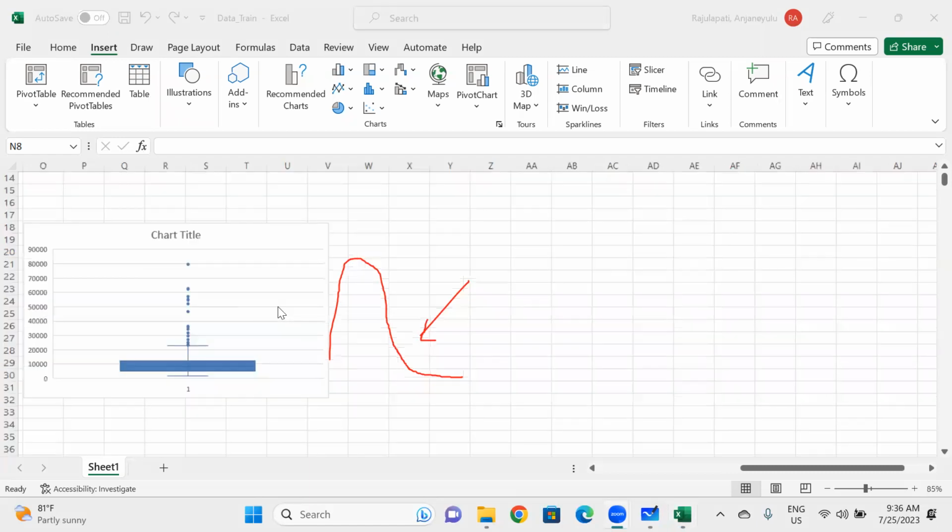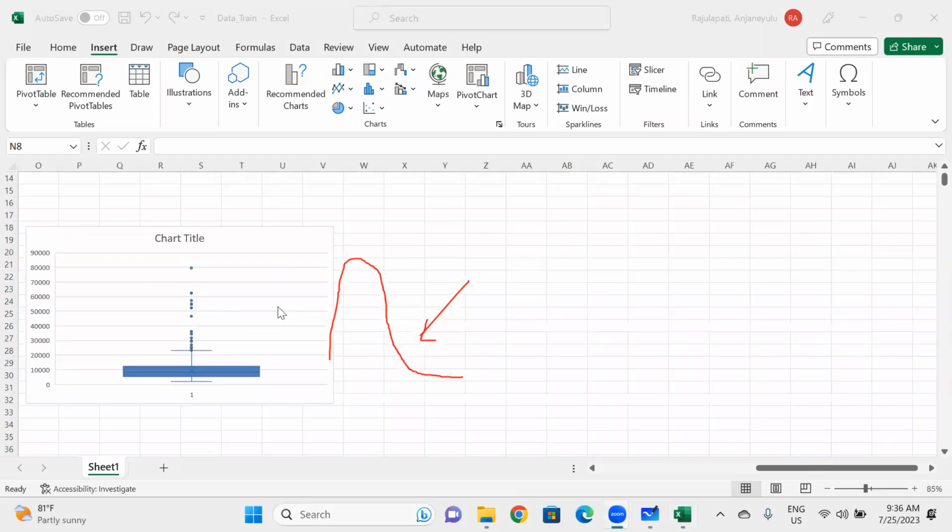Okay, so this is the one graph. This chart will help you find whether there are any outliers. Most of the data is distributed here, but some portion of the data is far away from this area, right? So this data we can call the outlier. That means the data of the price variable could have some outliers. And this is the mean value.